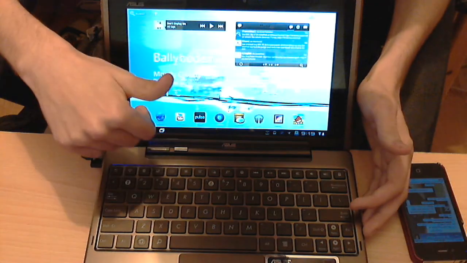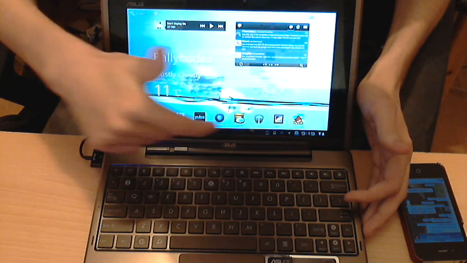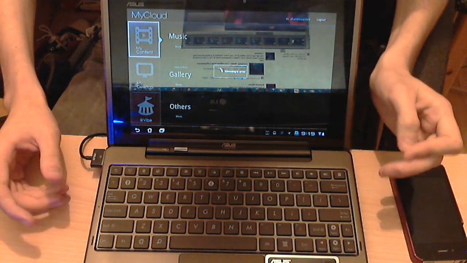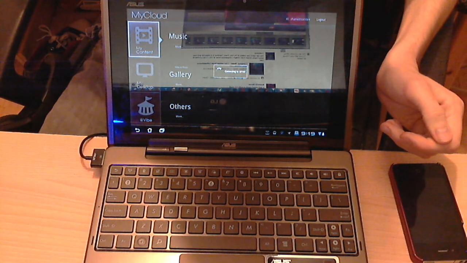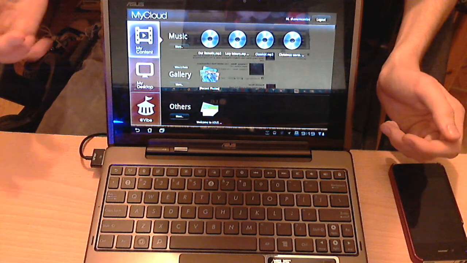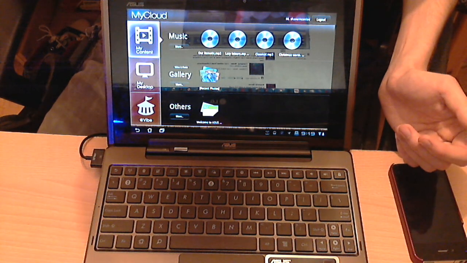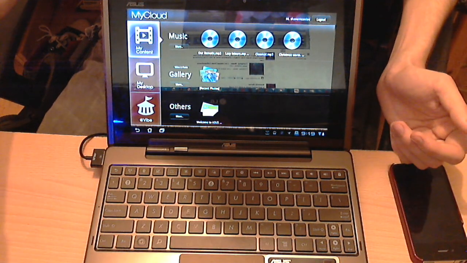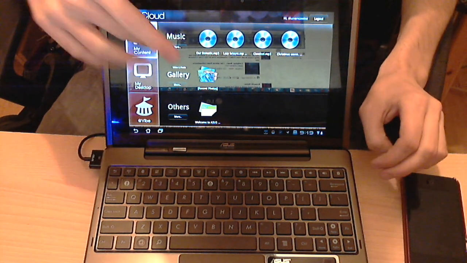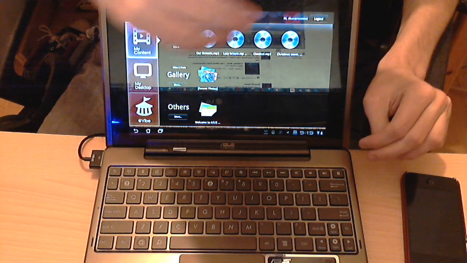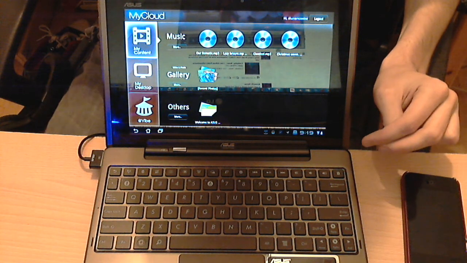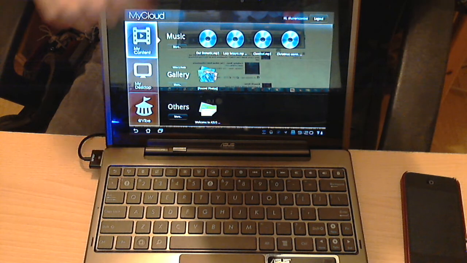We've got My Cloud, which is an Asus specific app. You get a year's supply of Asus web storage, unlimited storage. I'm backing up my computer now, but I don't have any actual music backing up. I think the backup program is still backing up iPhone apps. So there are just some songs that came already pre-installed, just to give you an idea of what happens. But when my whole computer's backed up, I should be able to listen to all my music through there,